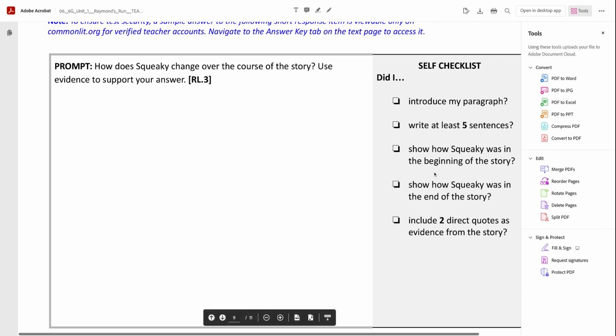The third box says, show how Squeaky was in the beginning of the story. So, did you talk about how Squeaky was at the beginning of the story? And this box says, show how Squeaky was at the end of the story. And then the final one is include 2 direct quotes as evidence from the story. You should have 2 quotes from the story that you put in quotation marks to prove your answer